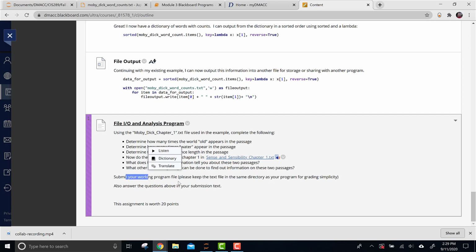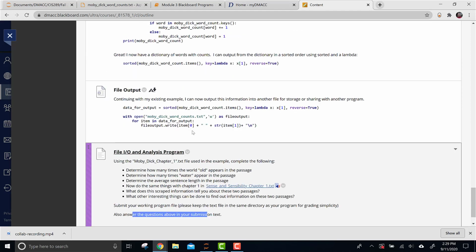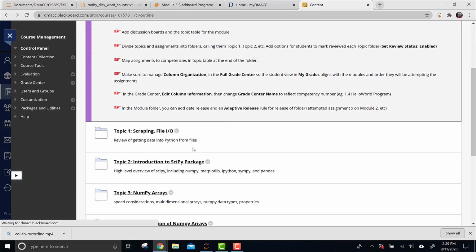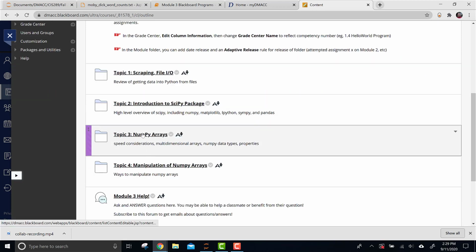So submit your working file. You don't need to submit the text file. I already have that. But also make sure that you put comments for the questions in your submission text. Okay? That's that one. And then the one in topic 3,